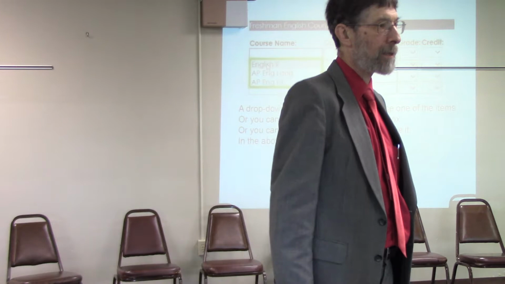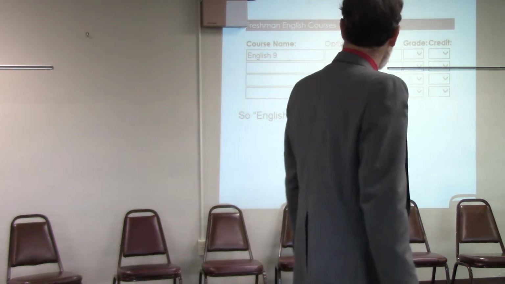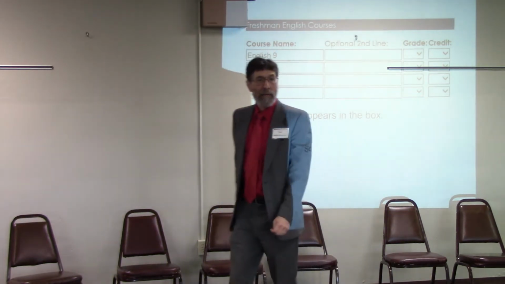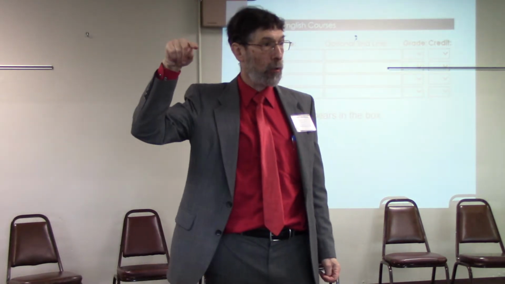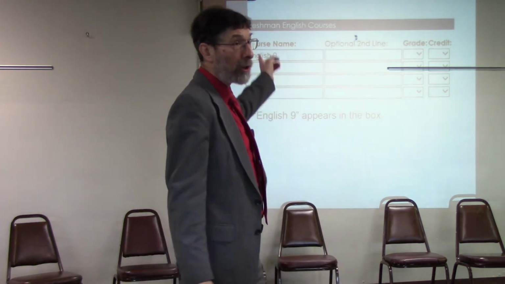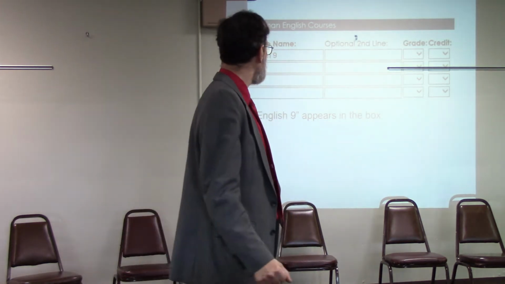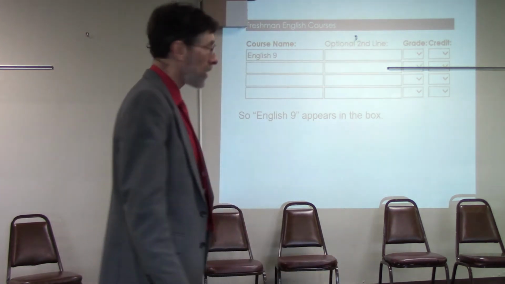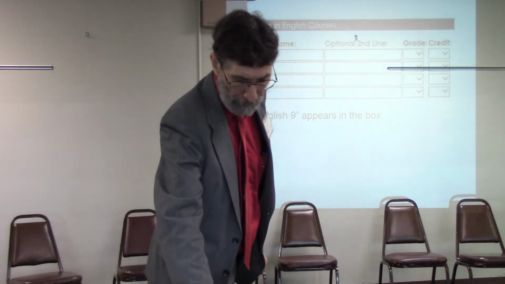Sorry to interrupt, but, with that, since there's a lot of honors courses, do you have that option on there too? Yes, and one of the options for honors courses is in the optional second line. If I clicked on that, one of the alternatives is to pull an honors course. It would say that in parentheses on the second line underneath it. Or you could call it Honors English 9. We're a little bit flexible. Or HON period English 9, or just leave out the period. So the optional second line is where you find honors easily. In this case, we chose English 9, so it came up here.